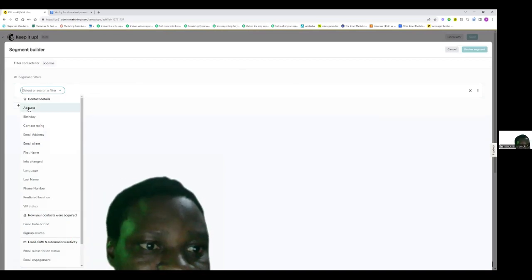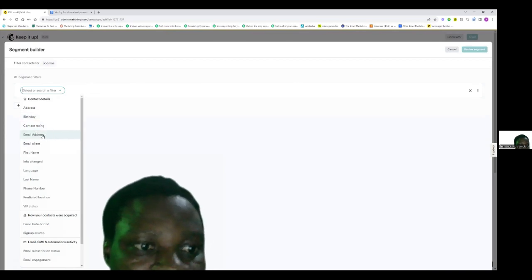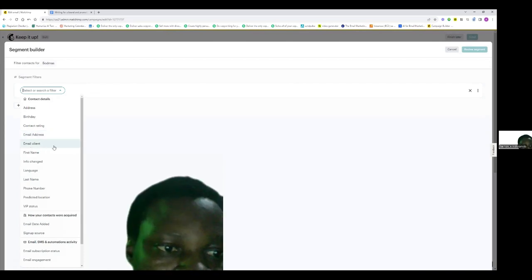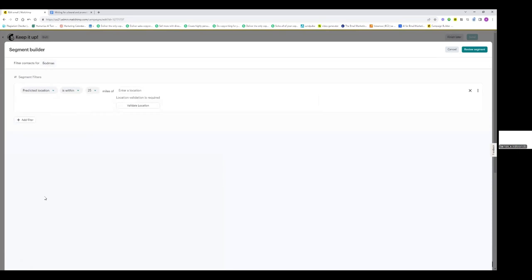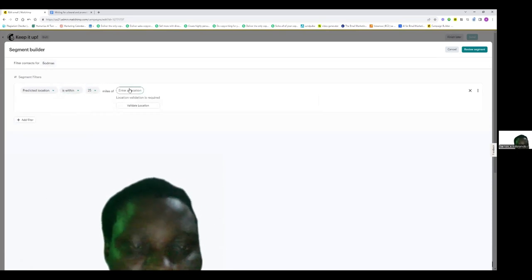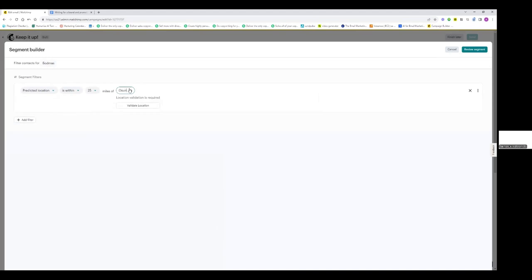You see we have address. It can be by address, birthday, contact rating. Now, if you are using, let me show you some things. If you are using email address, email client, you can use email address, email client, first name, info change, language, last name, phone number, predicted location. Now, let me choose predicted location. You see, it's within it. It's within 25 miles of, if I just press the option that I'm using,